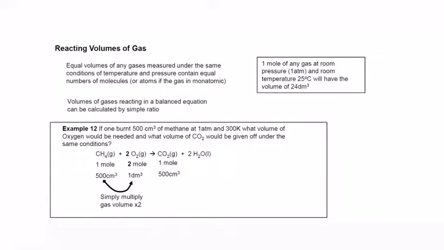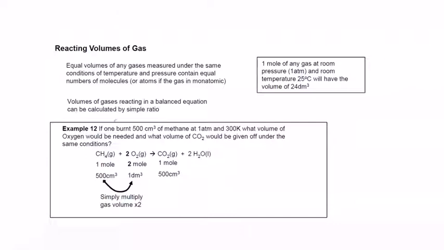Then you can also use the ratio of the moles to find the volume. But keep in mind that the condition to use the ratios here is that it should be standard condition, like temperature 298 Kelvin or 25 degrees centigrade, and atmospheric pressure should be 1 atm or 100,000 Pascal.